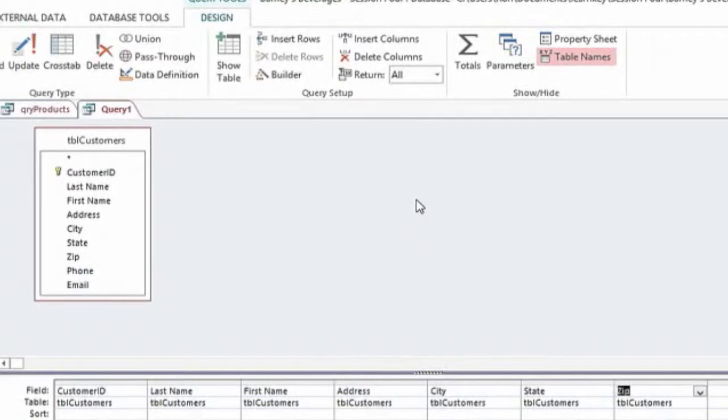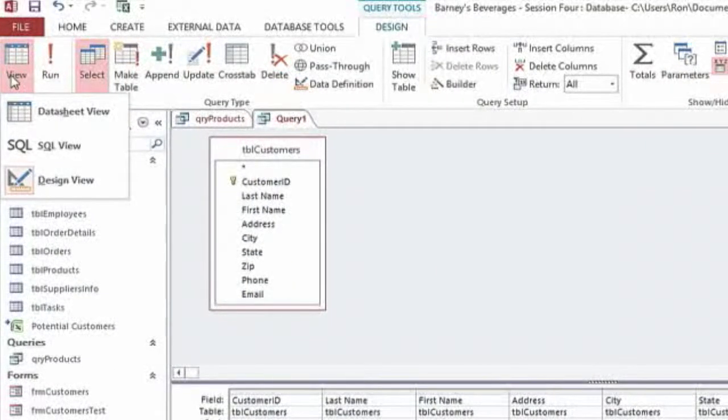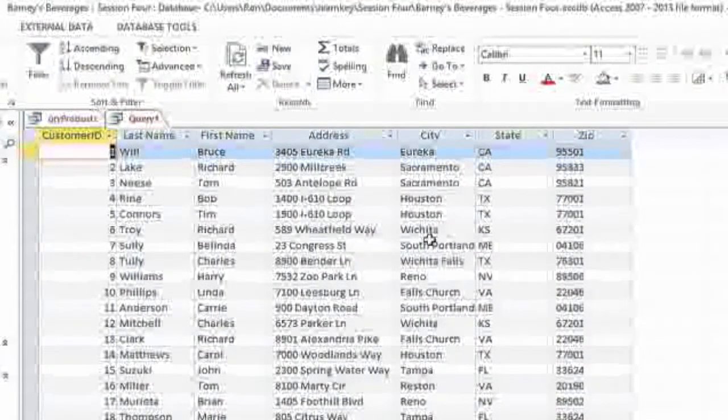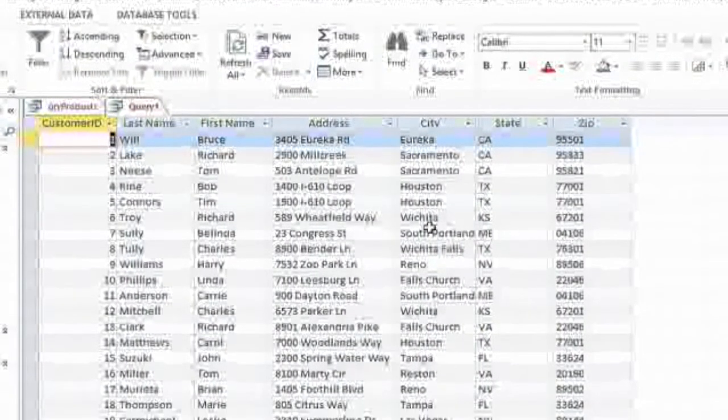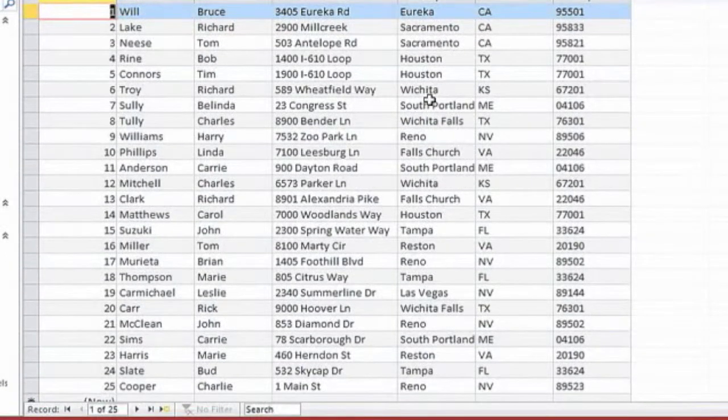We will put this query in Datasheet View. We'll click on the View button in the drop-down list, and we'll click Datasheet View. And sure enough, we see the information we're looking for. We've got the customer IDs, the names, the addresses, the city, state, and zip fields. Well, we don't quite have the reports that management wants yet, but we're off to a good start as we